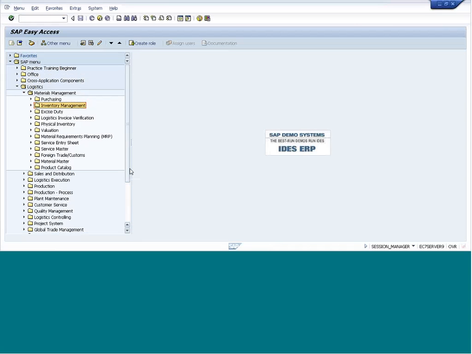So what will now happen to the moving average price? If you don't have any stock, and you cancel that material document, the cancellation will normally be with whatever price we entered, because the system is not going to change the price; you are just canceling the document. But if your cancellation is by entering an additional document,